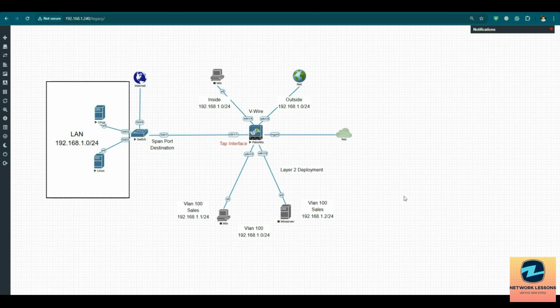Now we have seen the vWire interface, tap interface, and the layer 2 deployment. Now in this lecture we will be talking about the sub interface mode. The sub interface mode is something like the router on a stick configuration, wherein what we do is we have